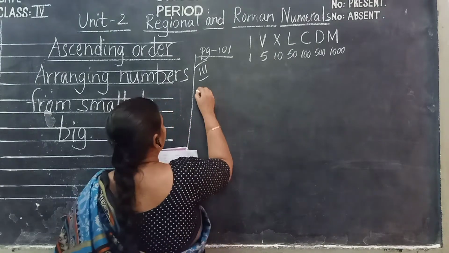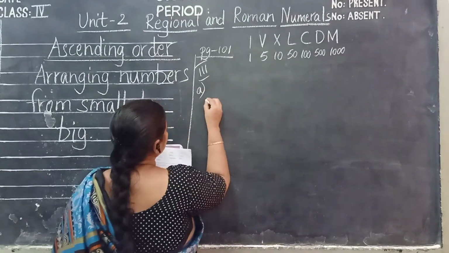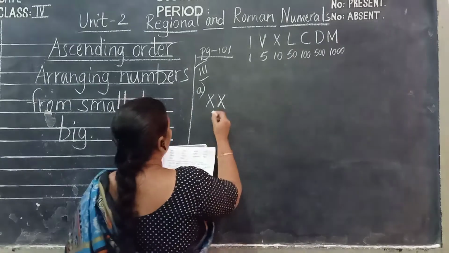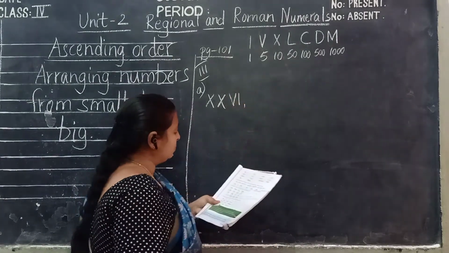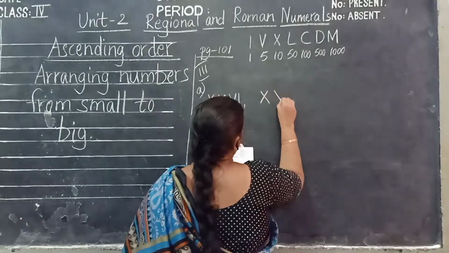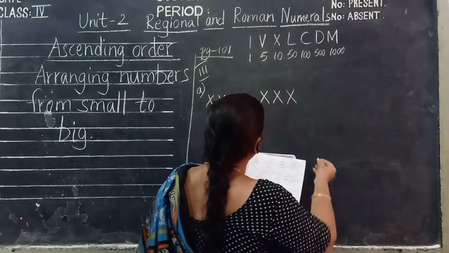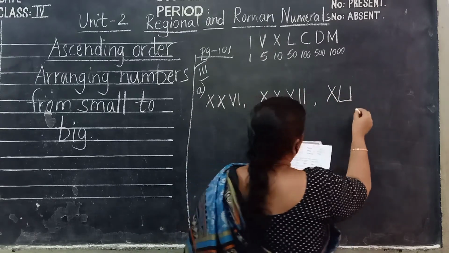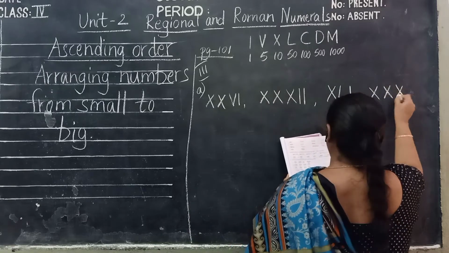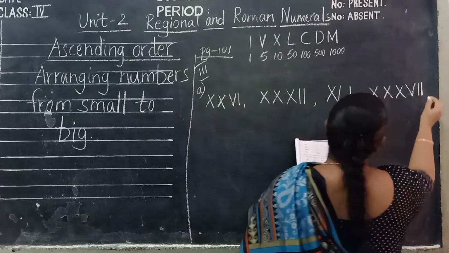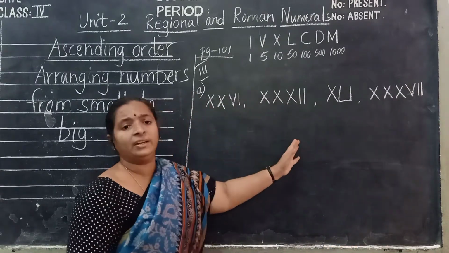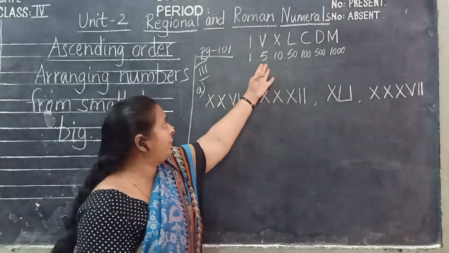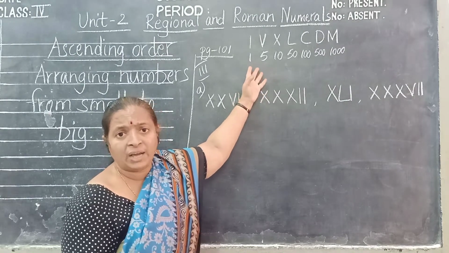First one, A. What have they given? See children, copy very carefully. What they have given: 2x, this value. Then... see children, they have given them in an improper way. What is this, children? Write this in your notes. Copy this one in your notes. By the help of these values we should do.